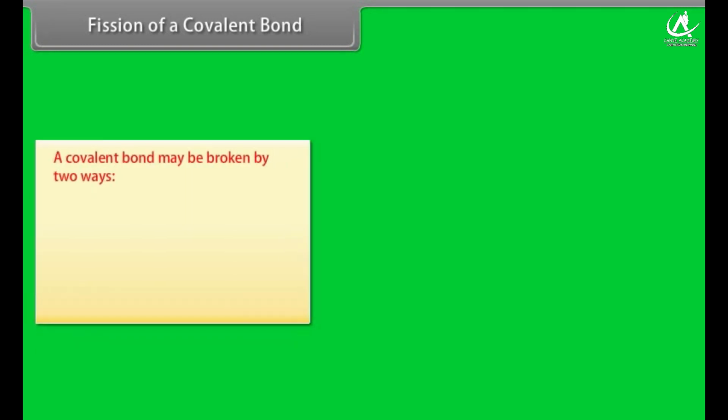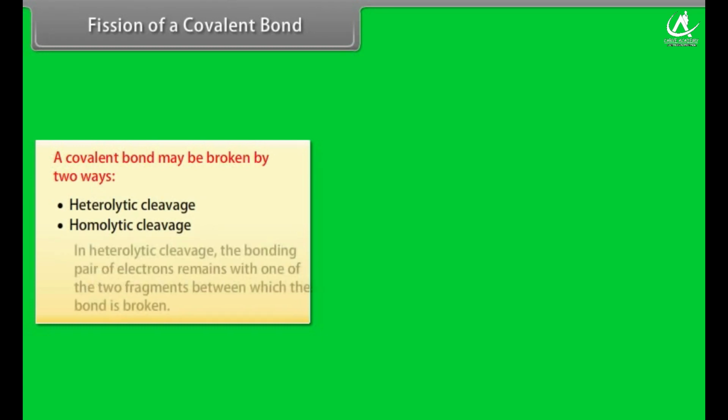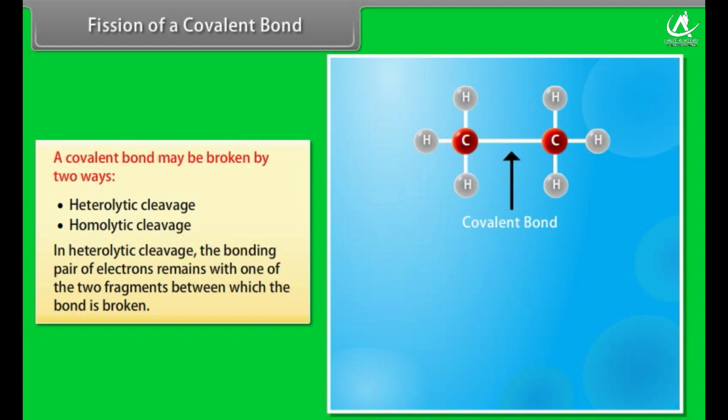Fission of a covalent bond. A covalent bond may be broken in two ways: heterolytic cleavage and homolytic cleavage. In heterolytic cleavage, the bonding pair of electrons remains with one of the two fragments between which the bond is broken. For example,